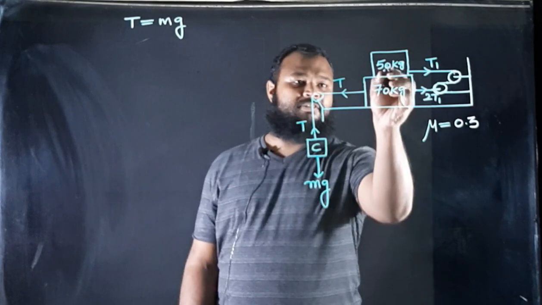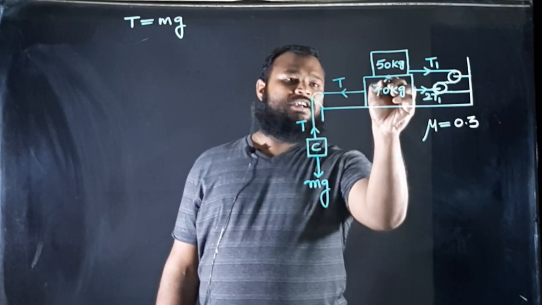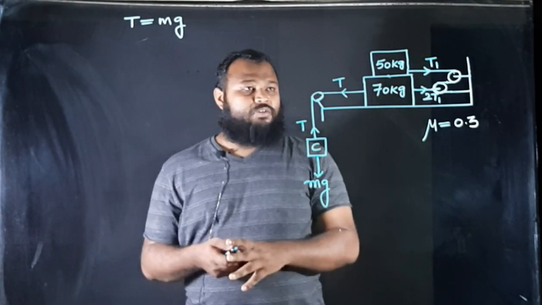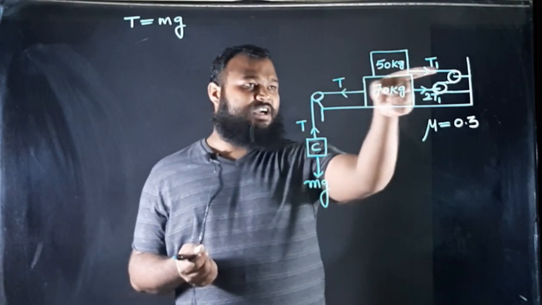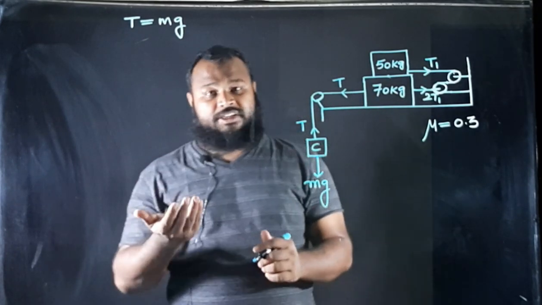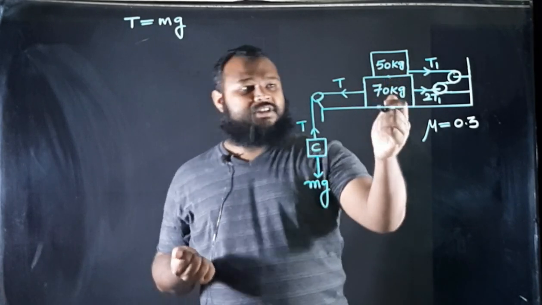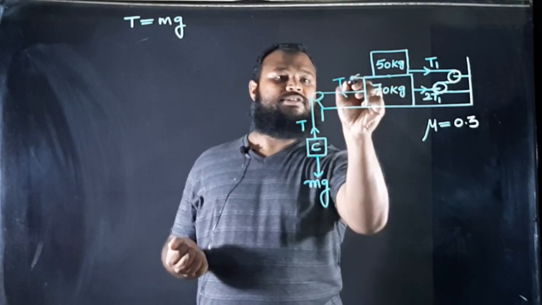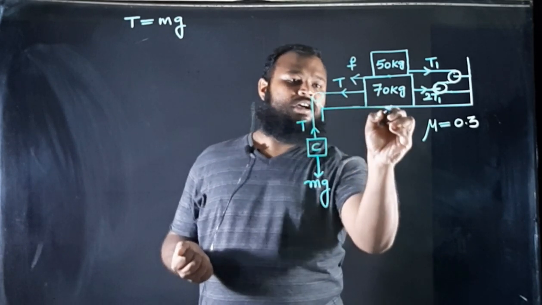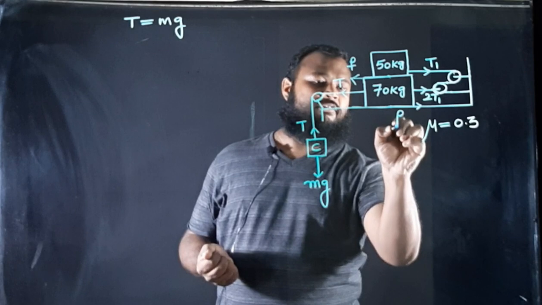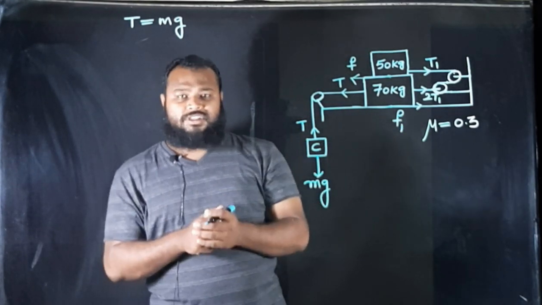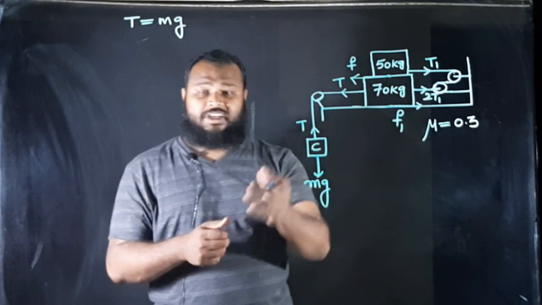So there is friction between 50 and 70. Let's say it is F. Now the friction always tries to oppose the motion. We know naturally that if T1 is in that direction, 50 tends to move in that direction. Then the friction force on 50 kg between these two surfaces is in this direction. So this is the friction. And also there is friction here. Let's say that is F1, because I already assigned F there. So these are the different forces which we write just by seeing the diagram.